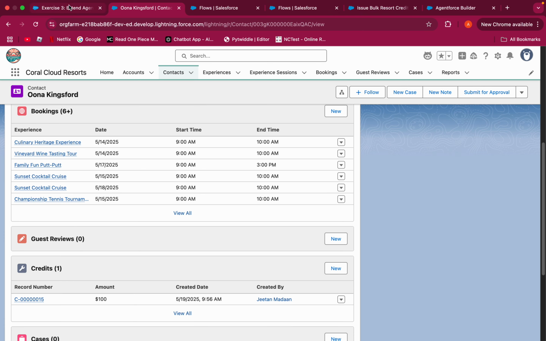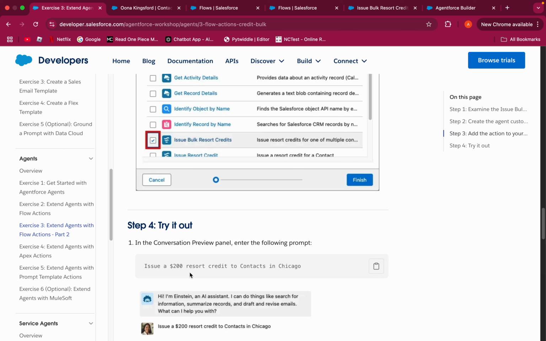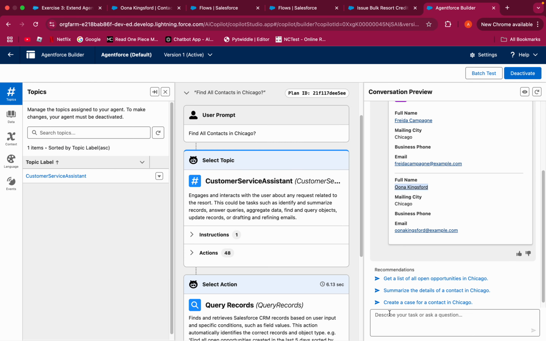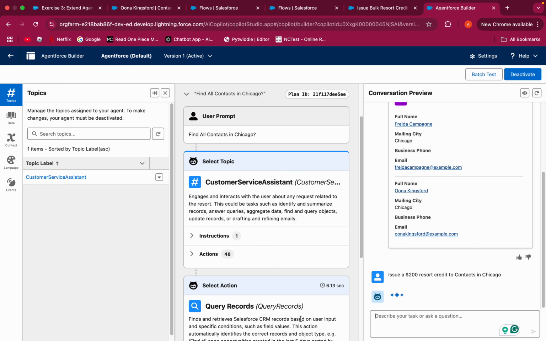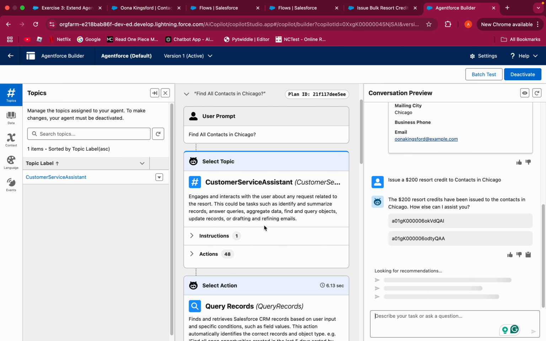Once we run this prompt, issue $200 resort credit to contacts in Chicago, we should see another credit issued for both the contacts. So let's try that,